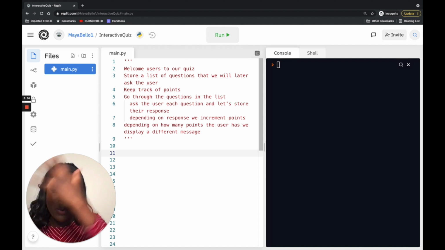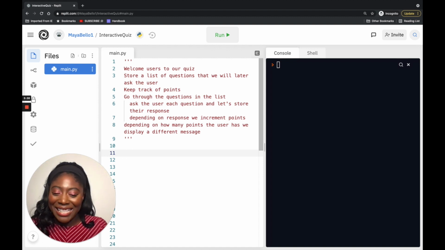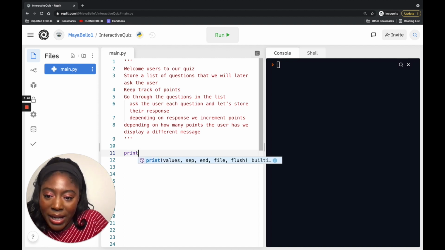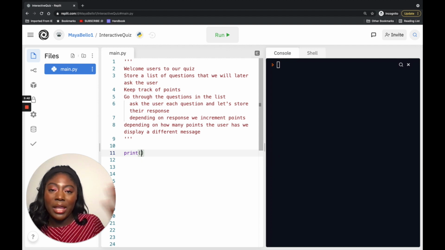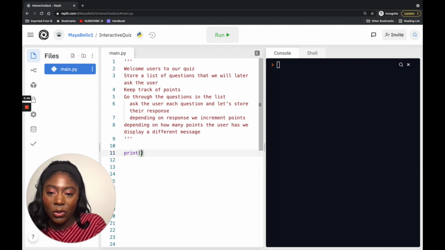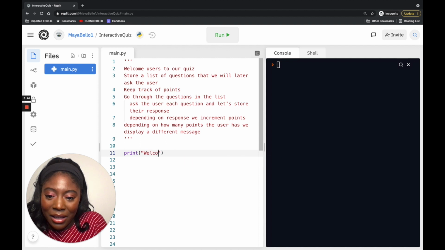Okay, so let's welcome users to our quiz. What we can do is print, and print will display whatever is inside on the screen, and we can say welcome